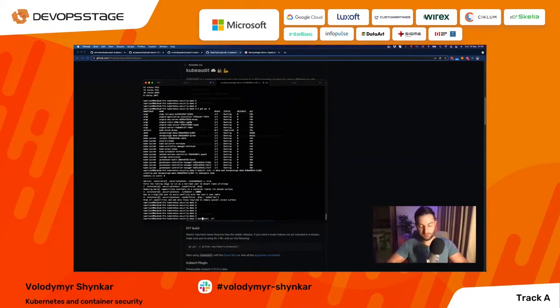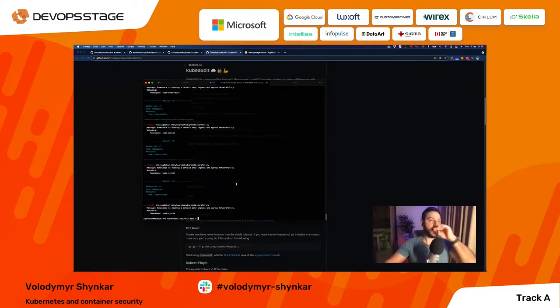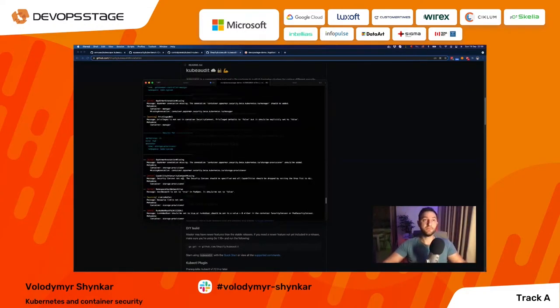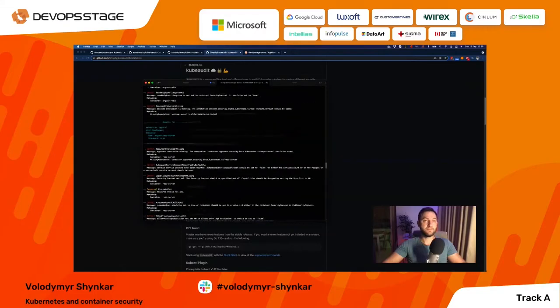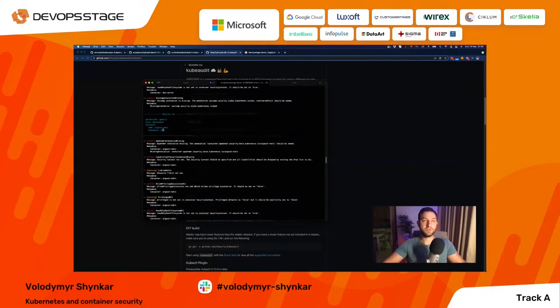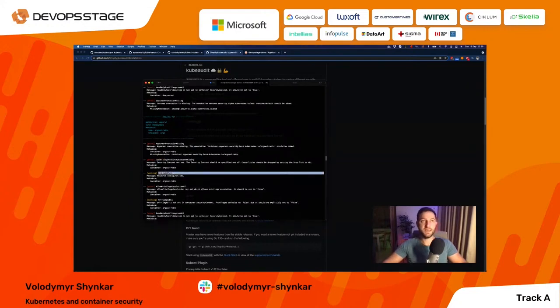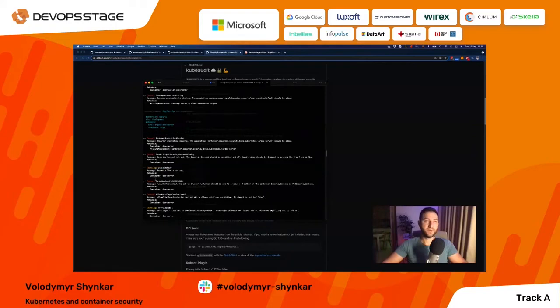It's also a plugin, and you can run it for all resources like kubectl audit all. And as you can see here, the summary about everything that I have here. Capability, security context missing, limits not set, run as root,